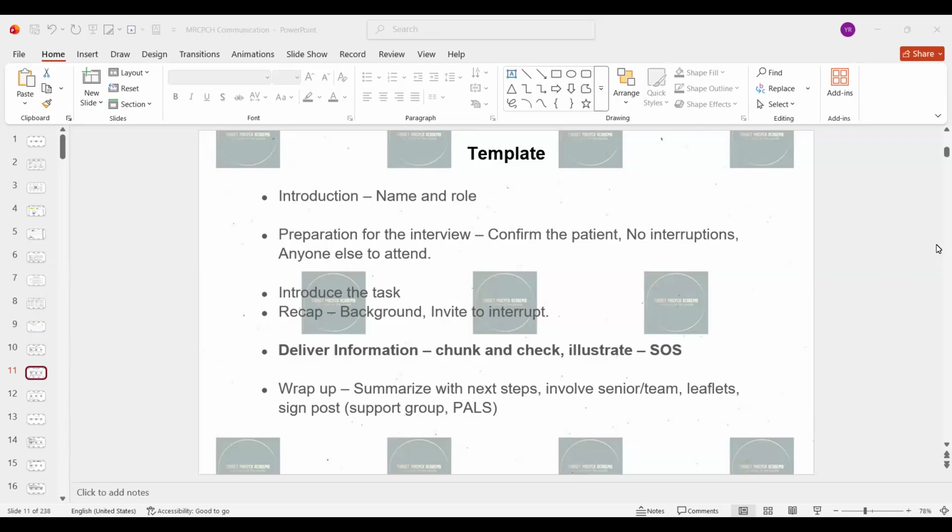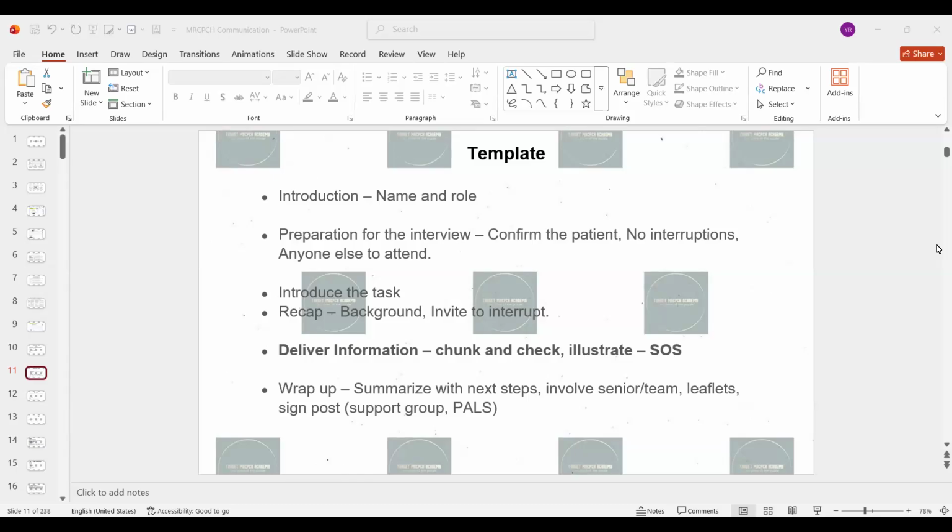Then you directly introduce the task. There are only a few exceptions where you don't directly tell the news, like a breaking bad news scenario, where you give a kind of hint before you break the bad news. In all other scenarios, introduce the task right away at the start so that you don't waste time beating around the bush.